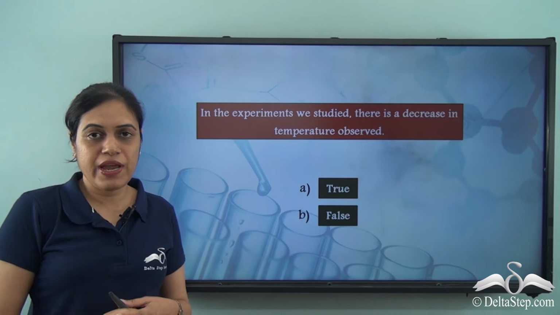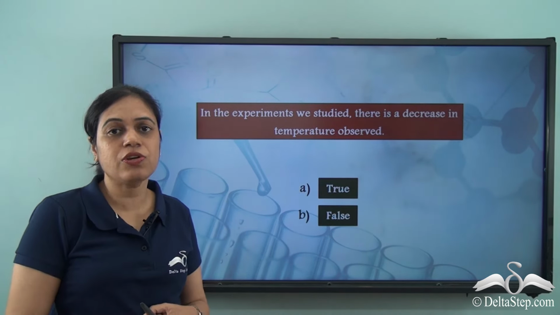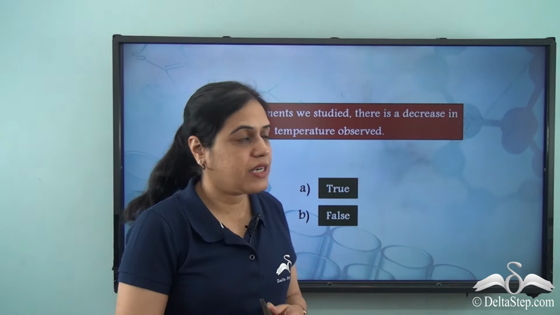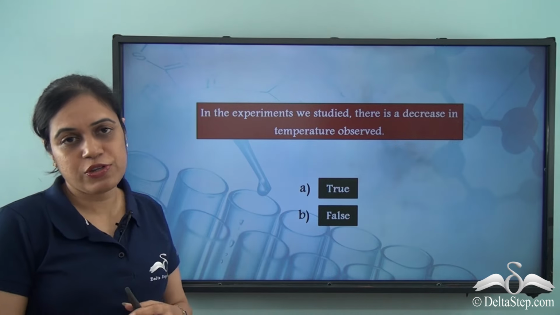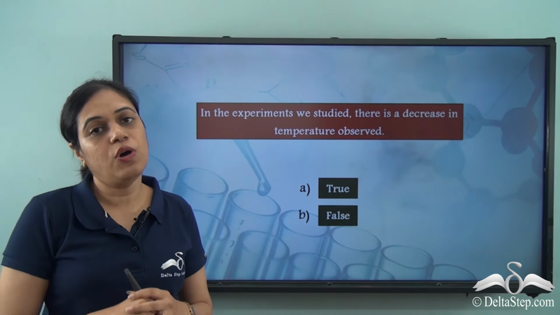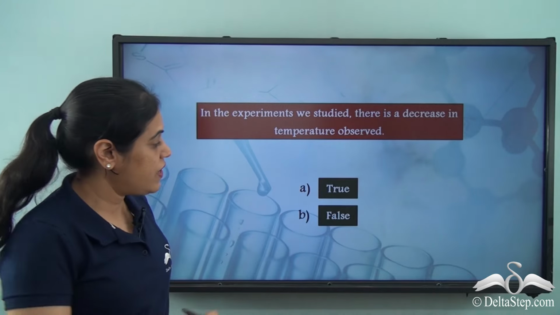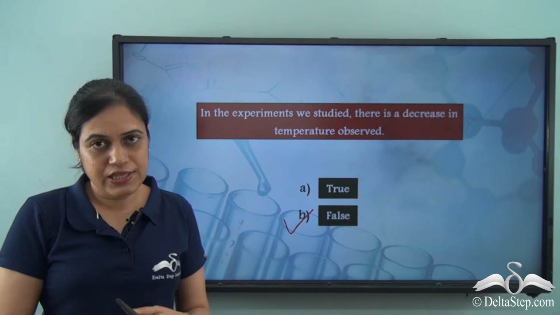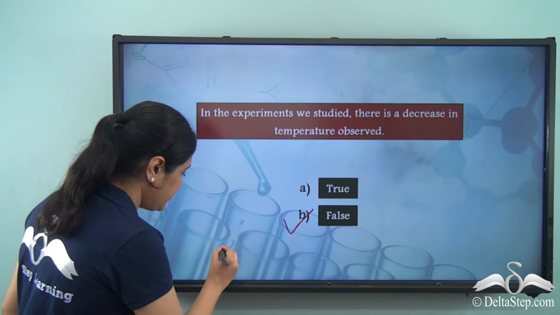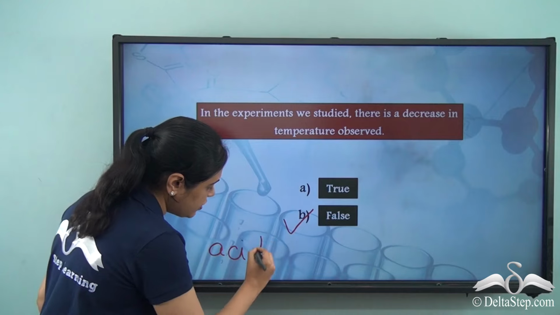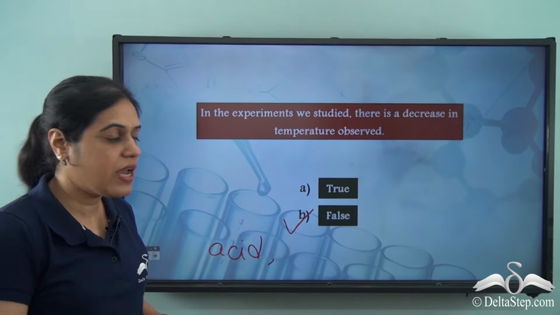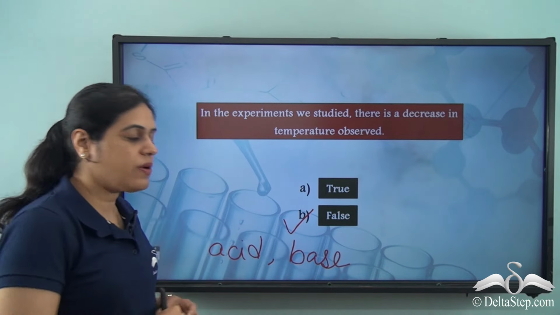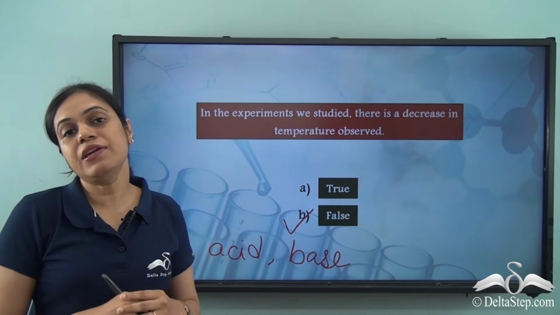Now before we move ahead, can you answer this simple question on the basis of what we have just seen? In the experiments we studied, there is a decrease in the temperature observed. Is it true or false? Well, the answer is false, because we have seen in both the cases, in the case of acid, that is concentrated sulfuric acid which we took, as well as in the case of base, that is sodium hydroxide, there was an increase in temperature